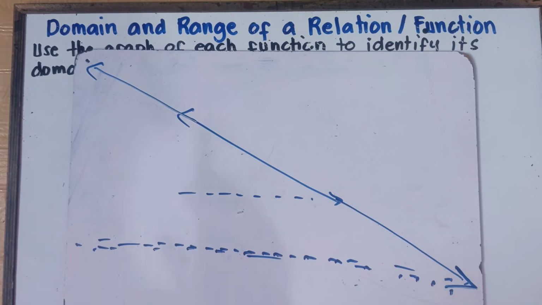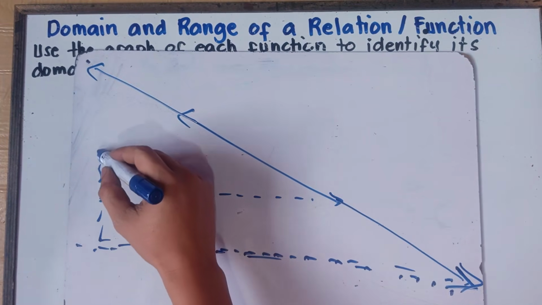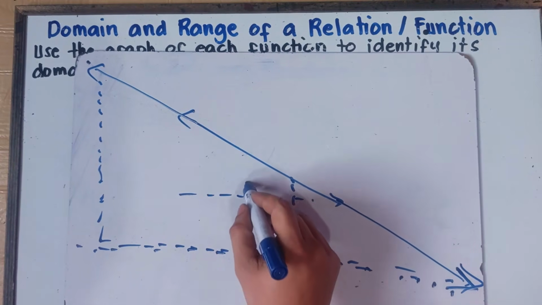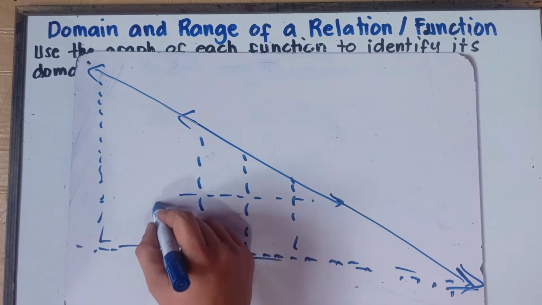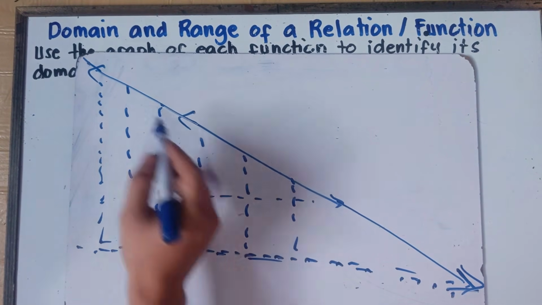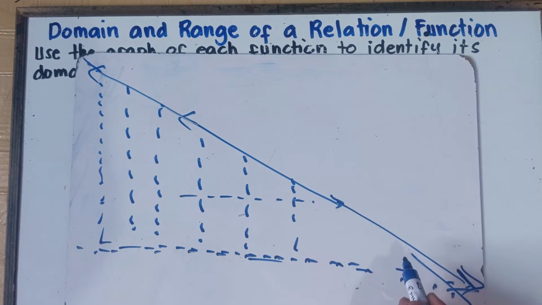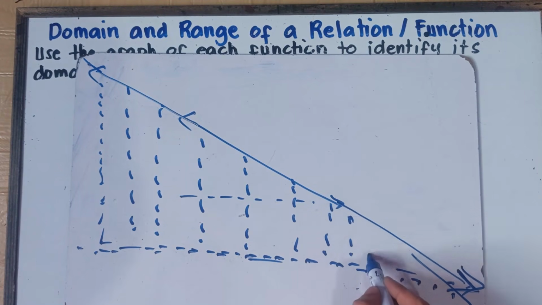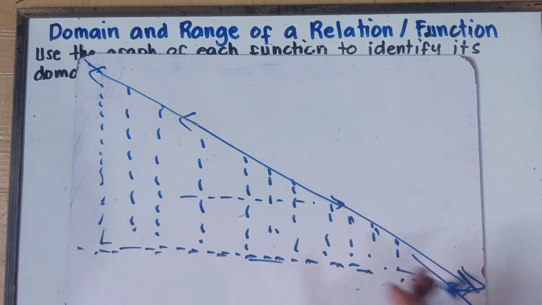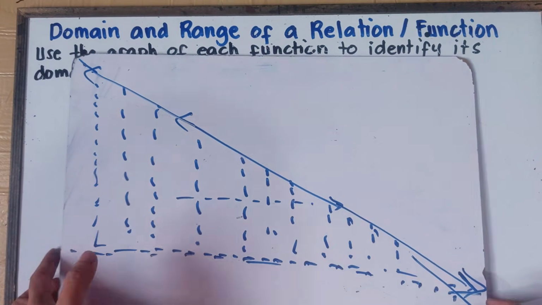Now, for the range, class, it will have the same answer because this is an arrow. Therefore, this vertical distance right here will extend infinity. Vertical distance, as you can see, class, it is extending, right? It goes bigger and bigger because this arrow will extend infinitely. Check this one out, class. The vertical distance goes bigger and then bigger. All of the numbers will be included because it will extend infinity. Just remember that one, class.